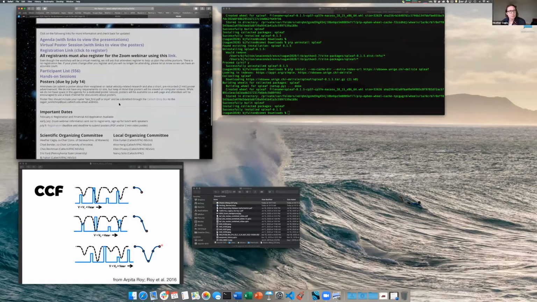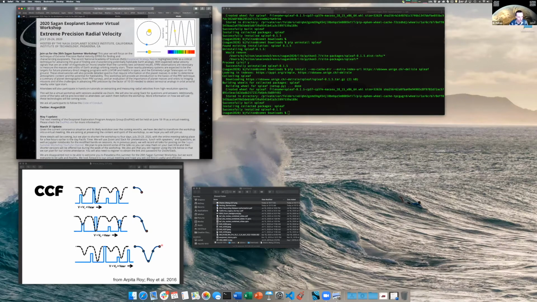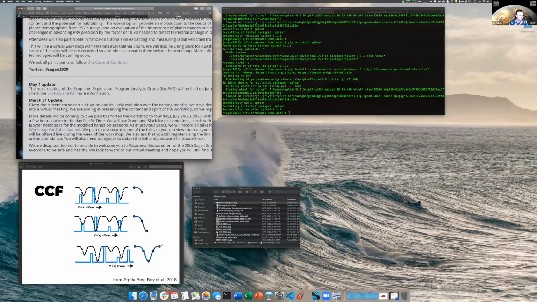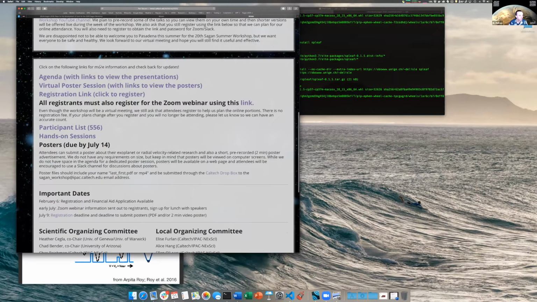Do you want to maybe just expand your screen a little bit? It's quite small for me. Thanks for letting me know. No problem. Okay. Now,